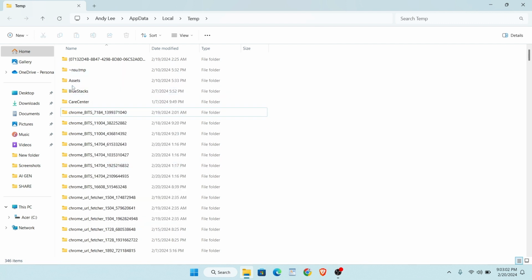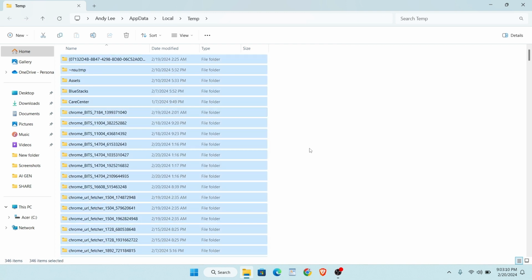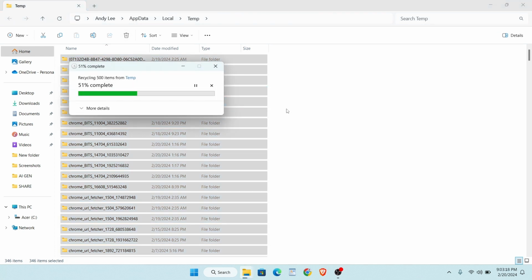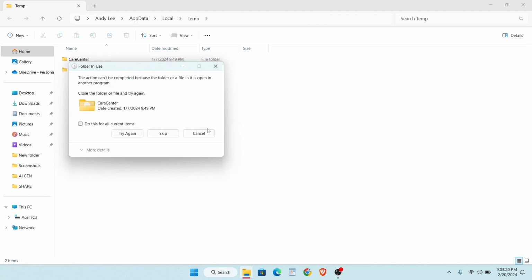But if you want to select all these files and delete by one click, then just press Control and A together and it will select all files. And then just click on the delete icon. As you can see, Delete, click on it. Some files you can't delete, so just skip this, click on skip, again skip,